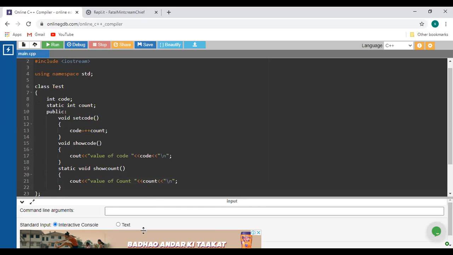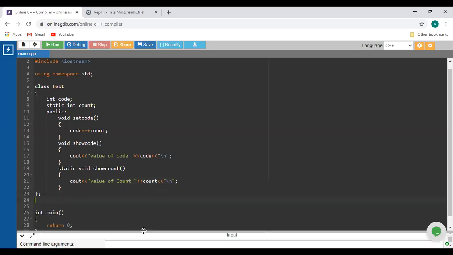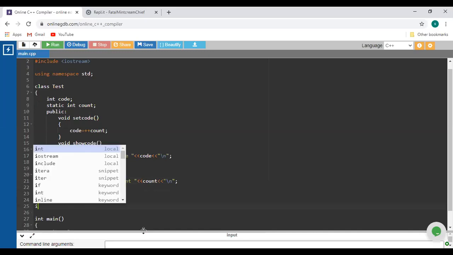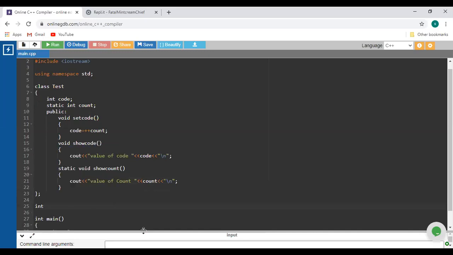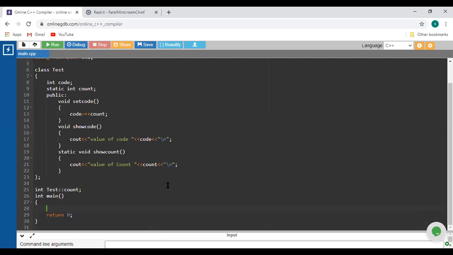Now, into main, integer main, before that just declare that variable, because we will consider it as 0. Inside the main, we have to create the object of that class to call this set code method and show code method.